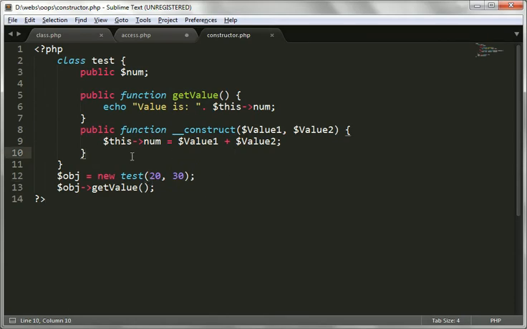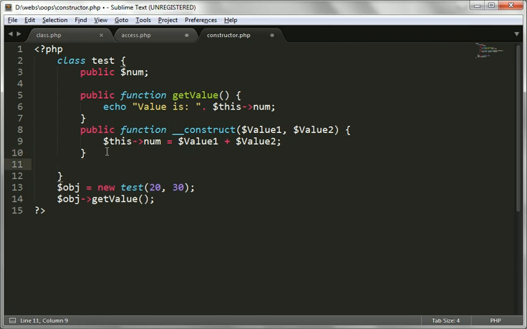So a constructor is a special type of function which will get executed whenever you are creating an object of the class. And a constructor can have parameters, single or multiple, but remember one thing, a constructor cannot return any type of value. Constructor is not returning any type of value. Remember these things. The second thing is the destructor.